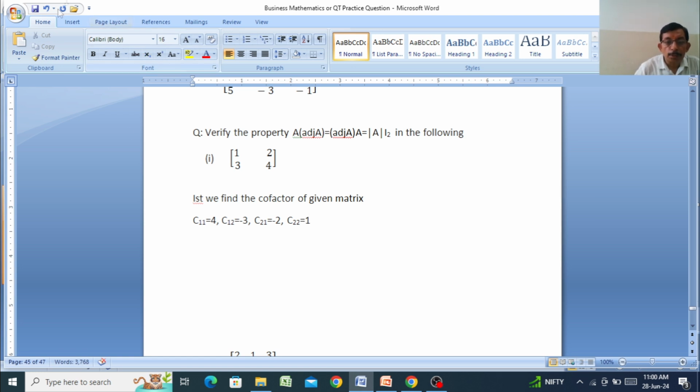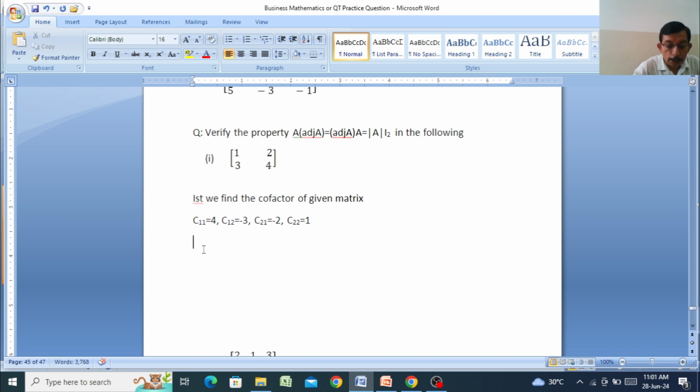C11 is equal to 4, first row, first column element cancel out. C12 is the odd number, then we take the value negative, first row, second column cancel out, the value is minus 3. Then the second row, first column, the sum of the order is an odd number, then take the value negative, minus 2. C22: second row, second column cancel out and the value is 1. The cofactor matrix is C is equal to